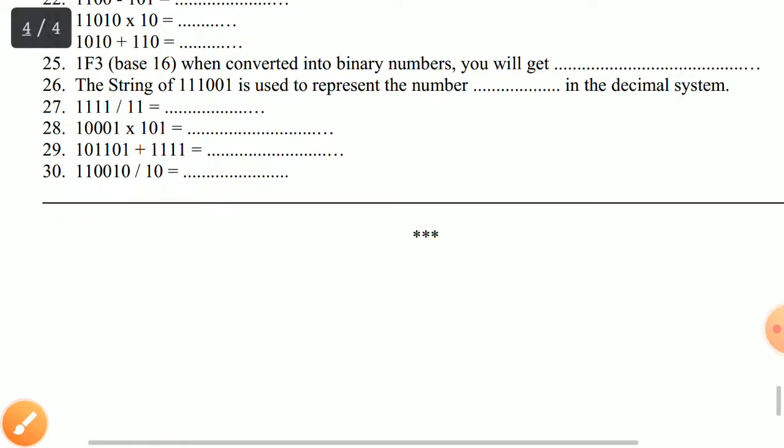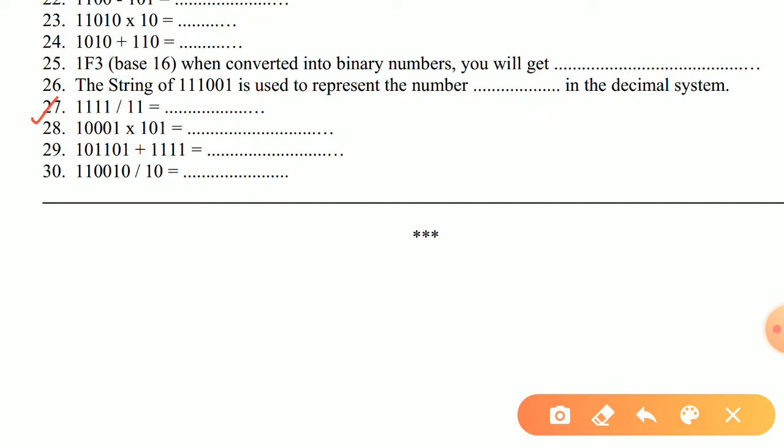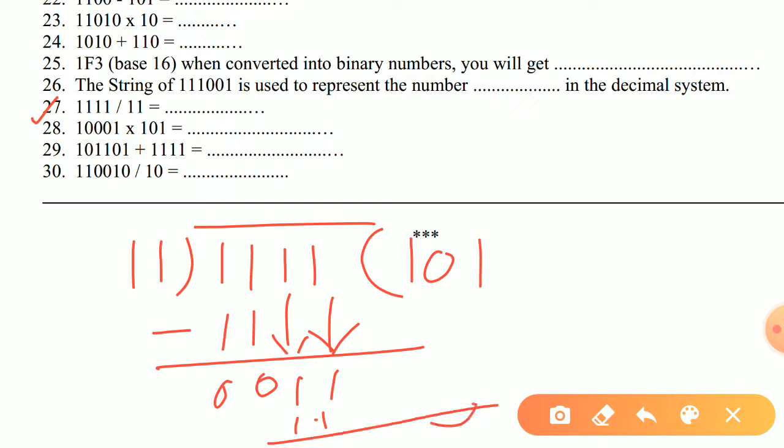For the 27th one, see over here, we have 1 1 1 1, and it is to be divided by 1 1. Now simply when we multiply with 1, you will be getting 1 1. Now do the subtraction part. 0 0 we have, and 1 will be dragged downwards. But this 1 is not enough. We need one more 1. So we are going to apply 0 over here, and we are going to take this 1 in the downward position. Okay, now it will be 1. Now you can simply multiply it by 1, and you will be getting 1 1. Now this is the answer, 101 for the 27th one.